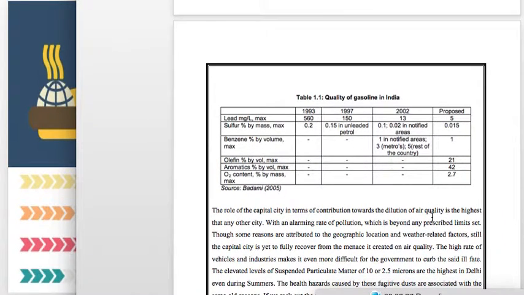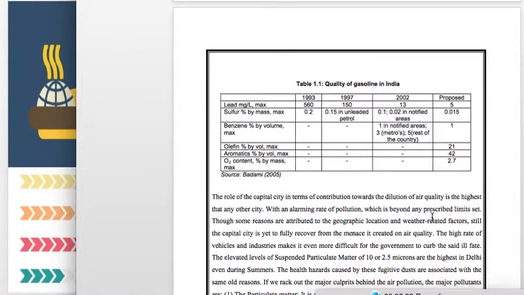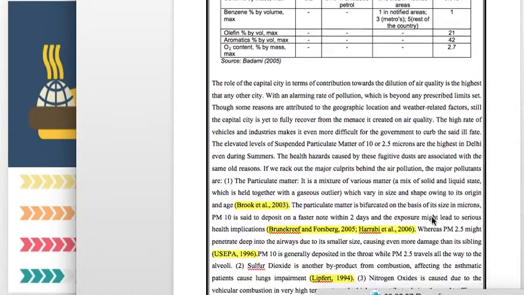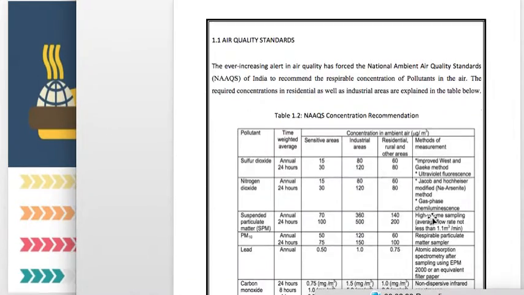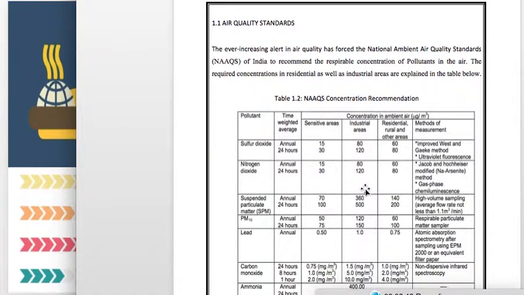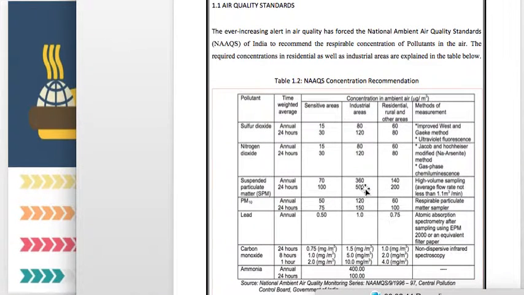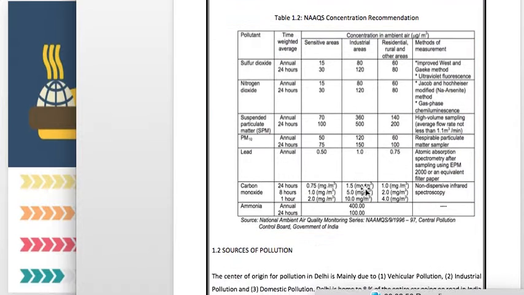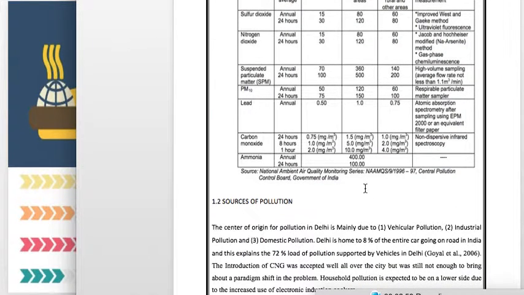When we started moving into the technological era and started finding alternative methods, we started seeing a lot of new particulate matter in whatever we are using, such as sulfur dioxide and nitrogen oxide. And we can see the quality standards given by the National Ambient Air Quality Standards, which say how much should be present in each 24 hour period so that people can breathe in healthy conditions. And still, we are far, far more than what it is supposed to be in